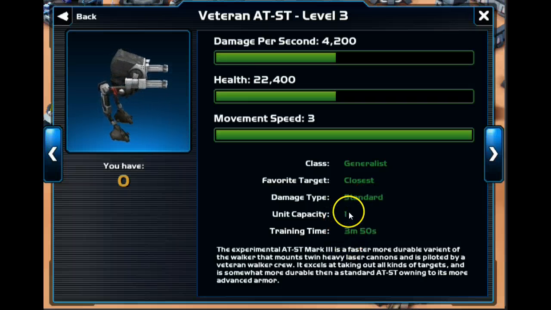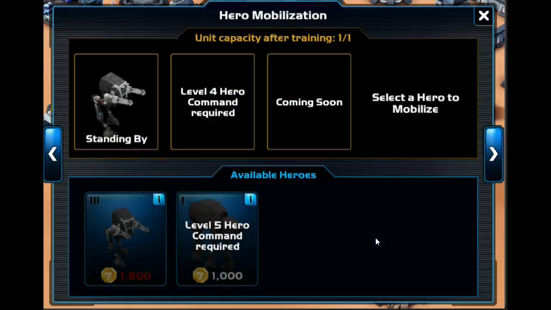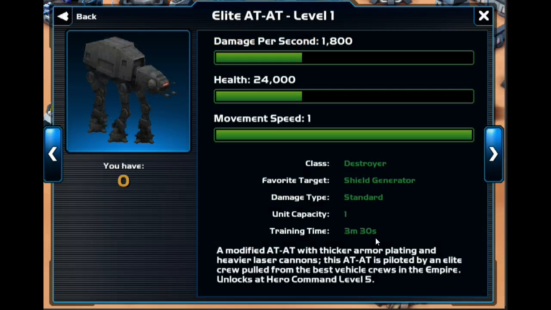It only takes 1 unit capacity, and you can only use this in player versus player campaigns, and it also does take a very, very long time to actually build. 3 minutes and 50 seconds, which is like forever in this game. If you're used to Clash of Clans time, that is nothing. The next hero you unlock